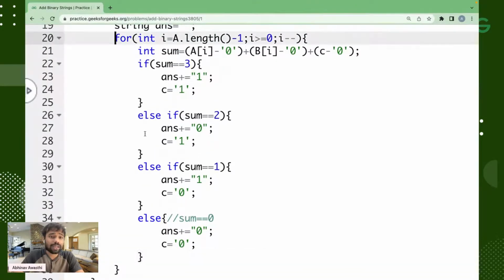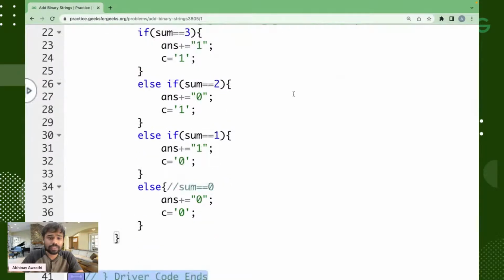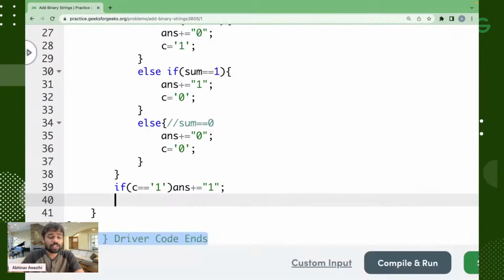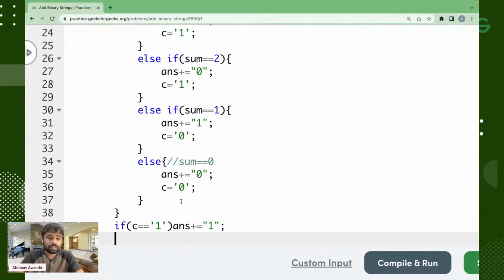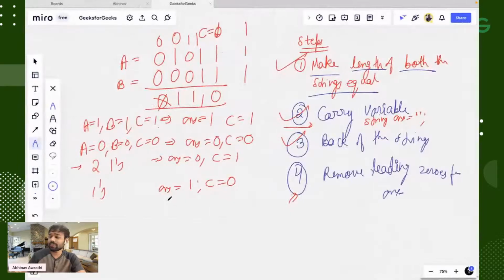Now, guys, after coming out from this for loop, maybe one thing happens. The thing will be that at the last also this C will be equal to 1. Means there is some carry left. So for that case also we will add 1 at the end of the answer. Okay. Now, guys, the next very important thing. It's fine. We have checked for all the cases. Okay. Now, guys, we know that currently the answer which we have inserted